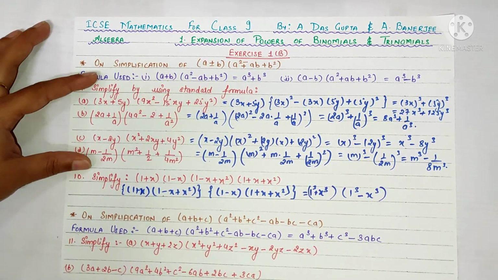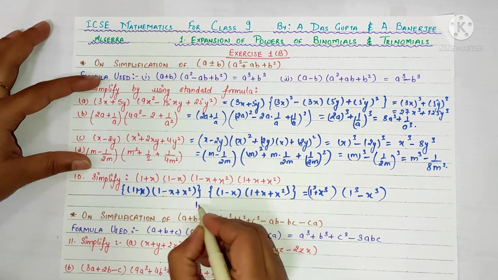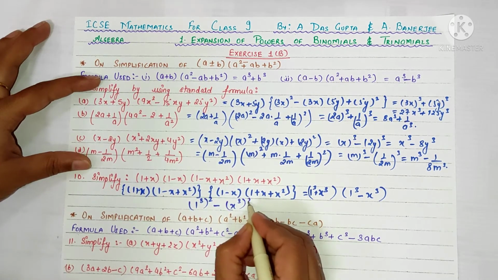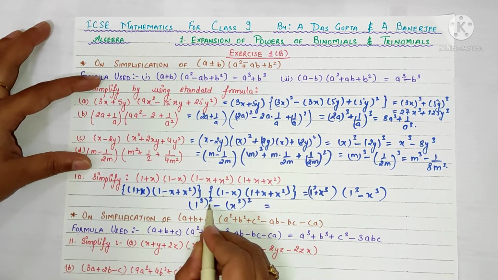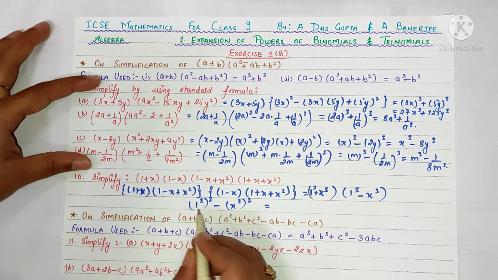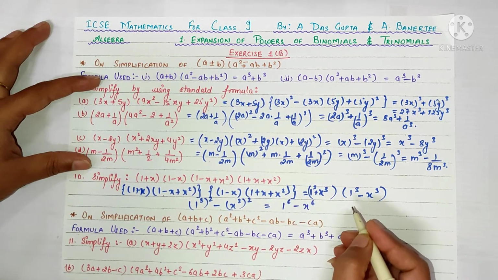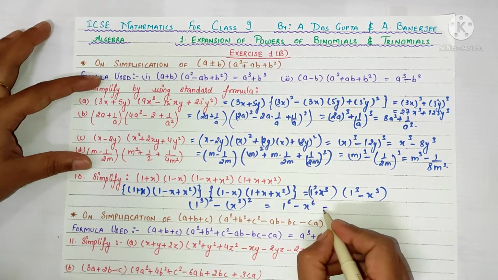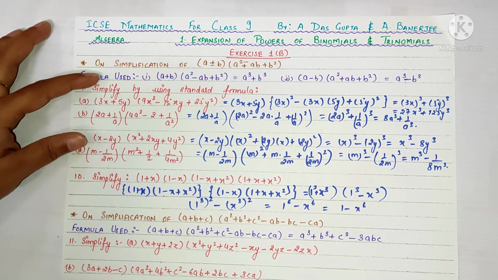So as we know that (a plus b) into (a minus b) is a square minus b square. So similarly applying the formula here, so we'll get (1 cube) whole square minus (x cube) whole square. As we have studied in exponent, when we write in bracket two powers, we multiply them. So we'll get this here 1 to the power 6 minus x to the power 6. And if we multiply 1 any number of times, we get the single number 1. So we'll get 1 minus x to the power 6. So hence this completes your topic.